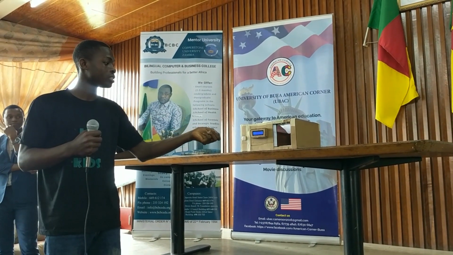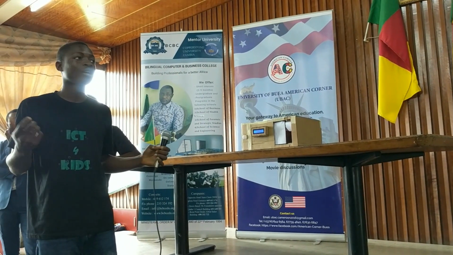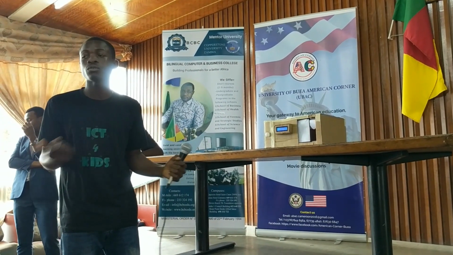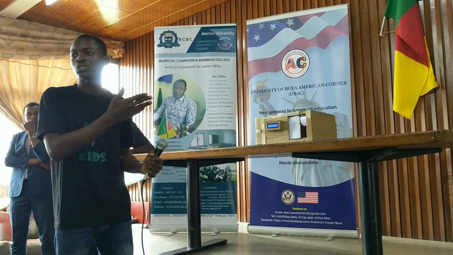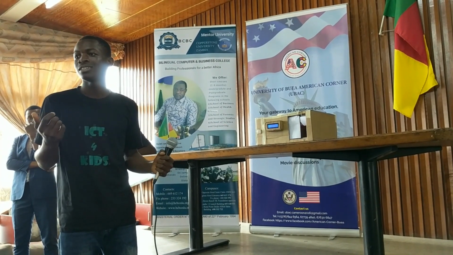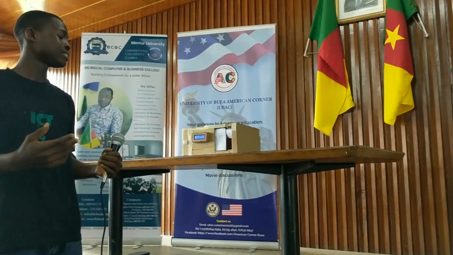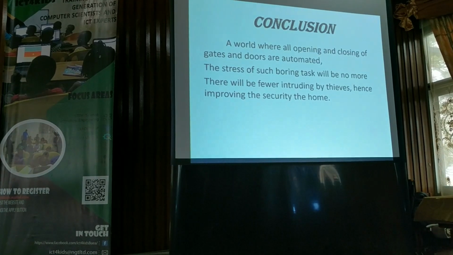And if it is to be physically implemented, we can also use a remote control. You're living home at night, you don't need to get out of your car to open your gate. Tap a remote control, your door opens, you are in. Pap, it closes. To conclude, let's say a world where all door opening and closing is automated,